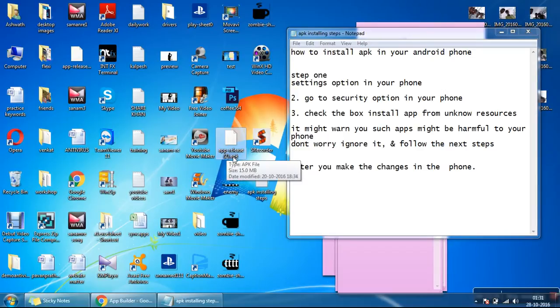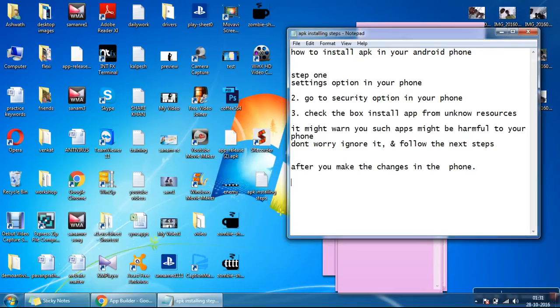App release APK. Okay, what you do is connect your phone to the laptop or to your computer wherever this APK is downloaded, and then copy this file to your phone. Copy this file to your phone. After you copy this file to your phone, I will write the steps over here. Copy the APK to the phone. Anyways, we'll teach you this in training.